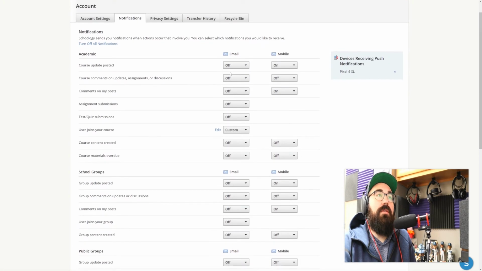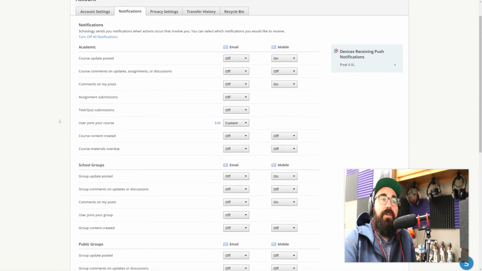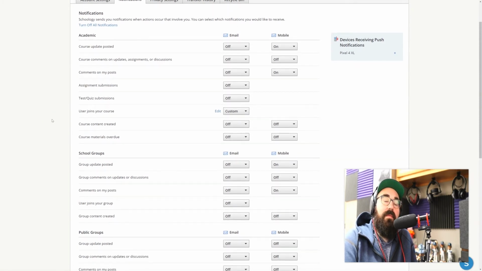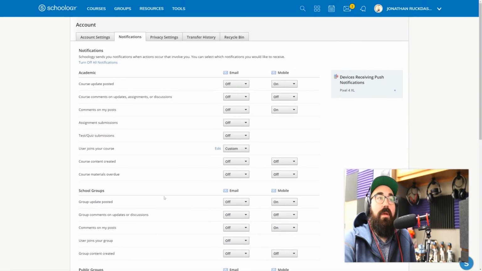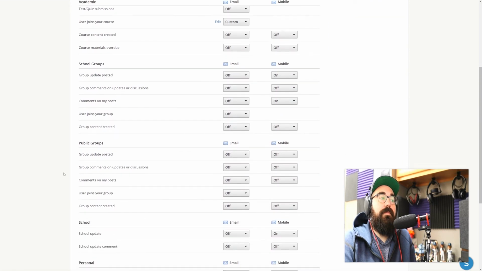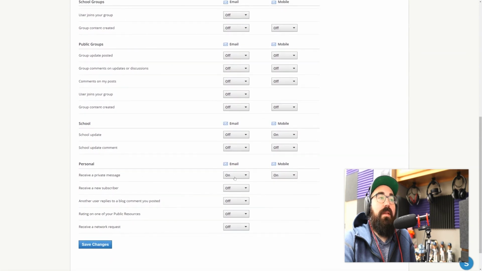I would suggest making sure that email is turned on for most of your academic stuff. So you'd go from off to on. For me, as a teacher, I actually don't want tons of emails coming in. Like I don't want an email coming in just letting me know a student turned it in. So you'll see that a lot of my stuff is turned off. But the one thing I definitely have turned on is when I receive a message. Down here under private,